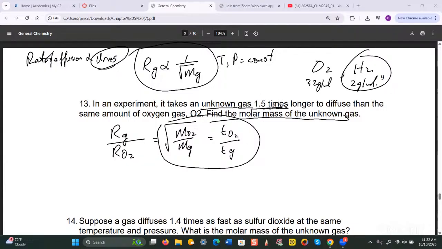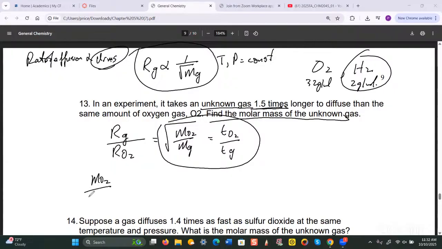Now, according to this, it says that the time of effusion of, oh, before I do that, the question is asking for the molar mass of the gas. So we need to find Mg. We need to find an expression for Mg. So the first thing we need to do is get rid of the square root sign. So how do we get rid of the square root sign? We square both sides, right? So when you square both sides, you're going to get